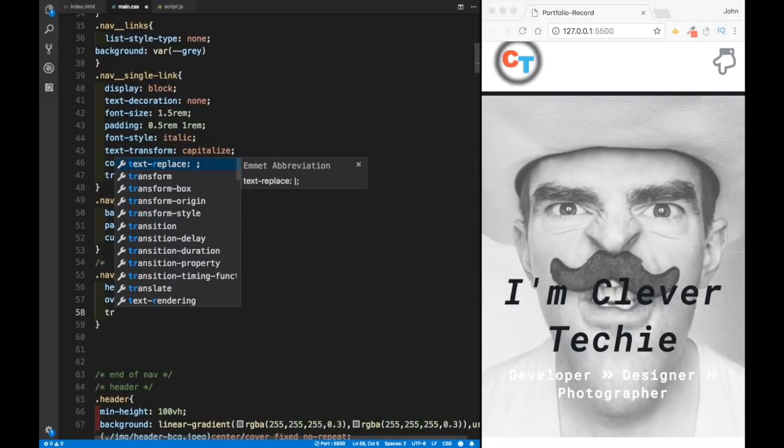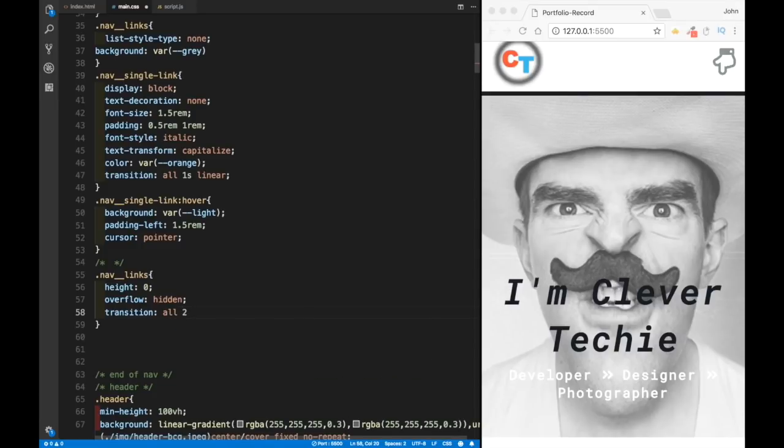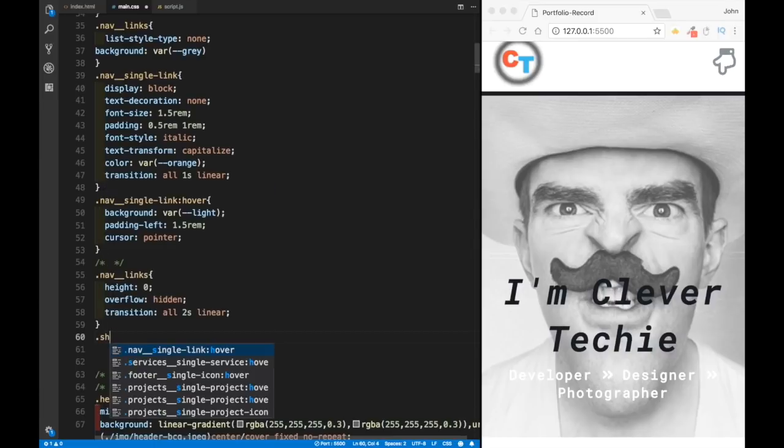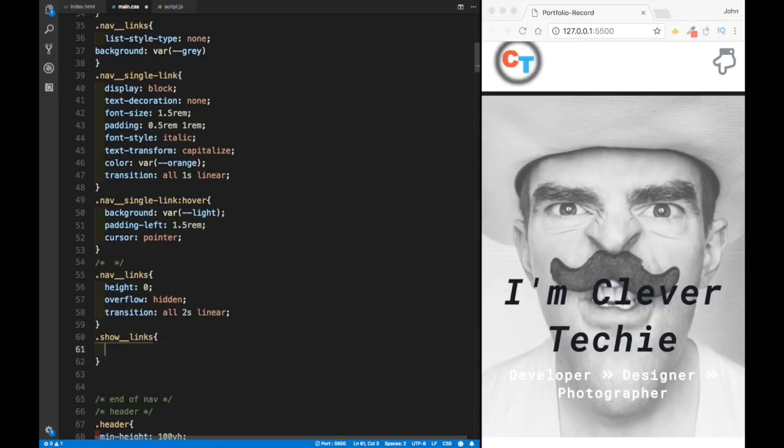Then again, what we would want is a transition. And for transition, we're going to say 2 seconds. And again, this would be linear or something like this. So what I'm saying is once I click the button, they are going to show. However, they are going to show within 2 seconds. Now, how are we going to make them actually show? Well, what we're going to do is we're going to say show links class. So this is going to be the new links class over here. And we're going to say height is going to be